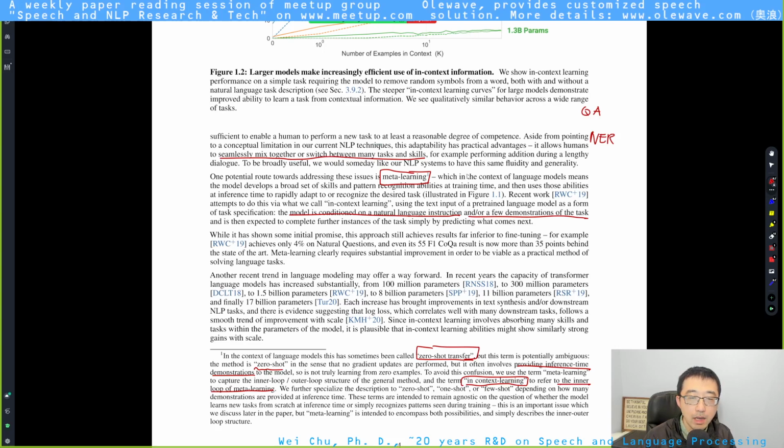And I know for ASR, some people did play with meta-learning, but it doesn't work if you want to combine read speech with a dictation task, or spontaneous speech. I don't know why it didn't work, but it just doesn't work.